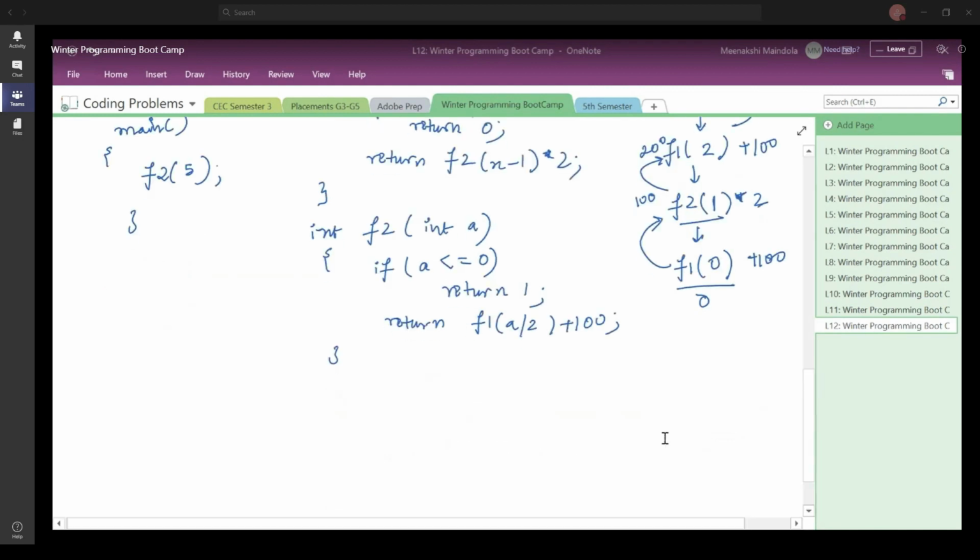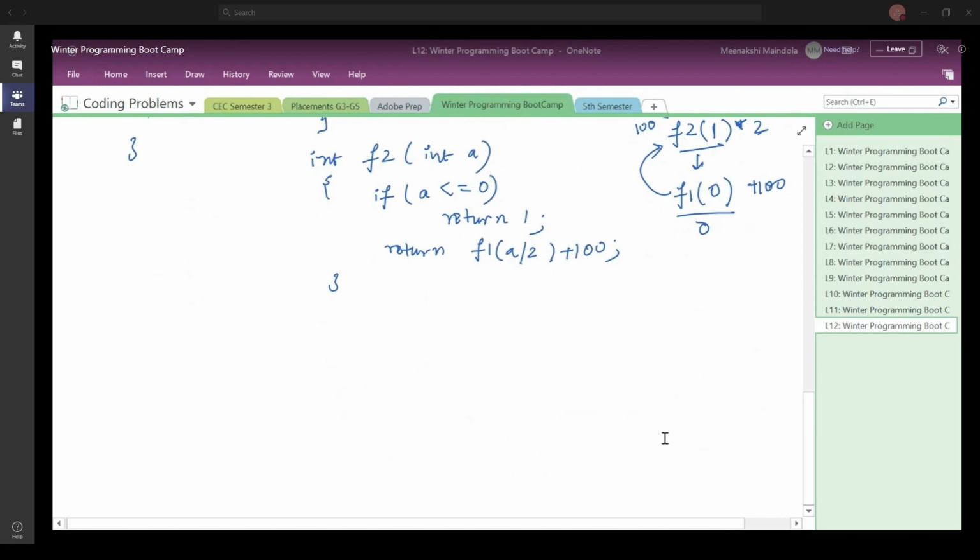Okay, so let us move ahead and let us now discuss the project. The project that we are going to have as the final project for this bootcamp is going to be a Sudoku solver. So does anyone not know how a Sudoku is solved?